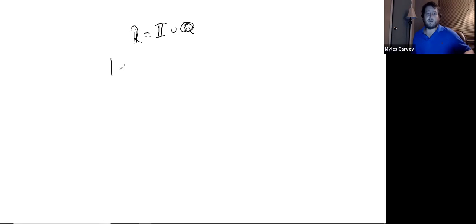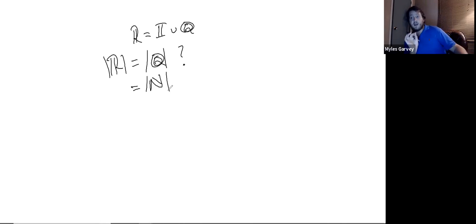The question then is, is the size of the rationals the same as the size of the reals, in other words, is it the same as here? If it is, then as it turns out, there's only one infinity. And rationals are quite different